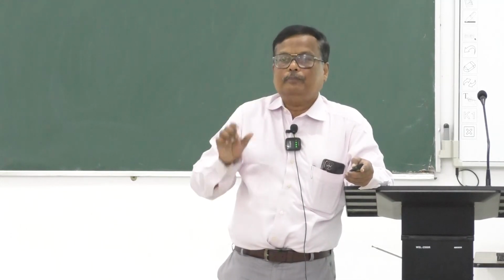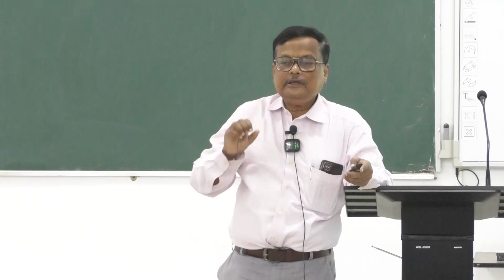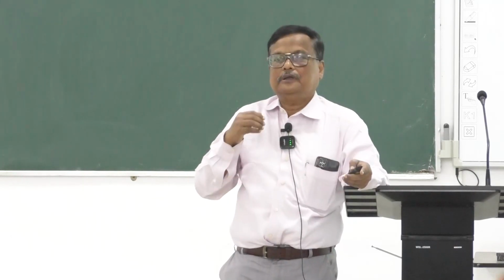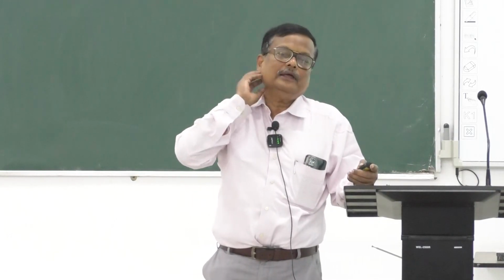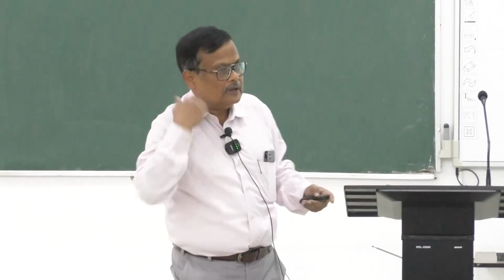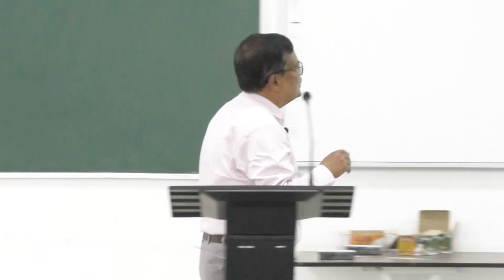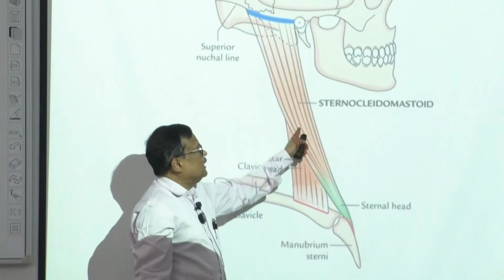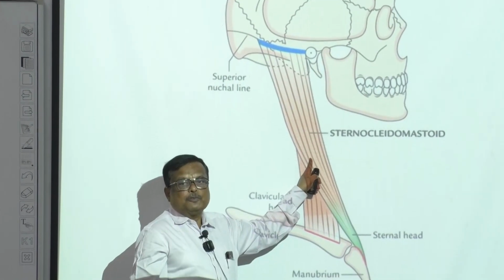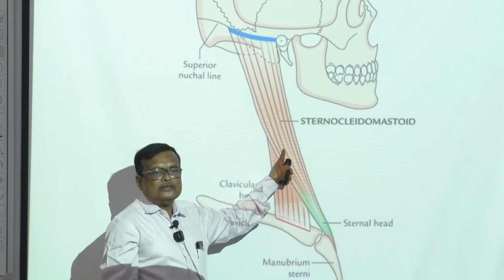Accessory nerve has got two components. One is the cranial accessory, another is the spinal accessory. Spinal accessory obviously supplies the lower part, and cranial accessory supplies the upper region and the head and neck. Let it go, I will come back later. So it is mainly supplied by the spinal accessory nerve, spinal part of the 11th cranial nerve,